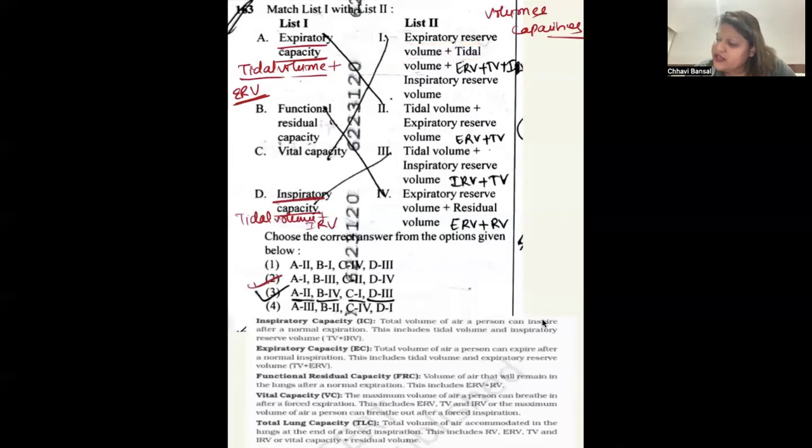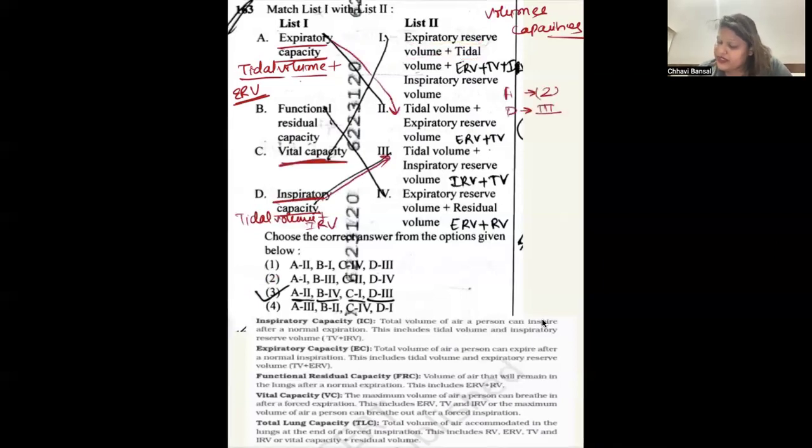Expiratory capacity is tidal volume plus expiratory reserve volume, right? Option 2. So for A, it's option 2. For D, it's tidal volume plus inspiratory reserve volume, option 3, right? And